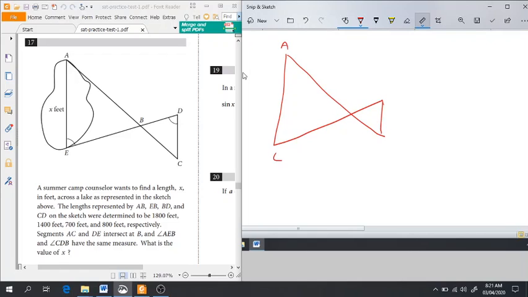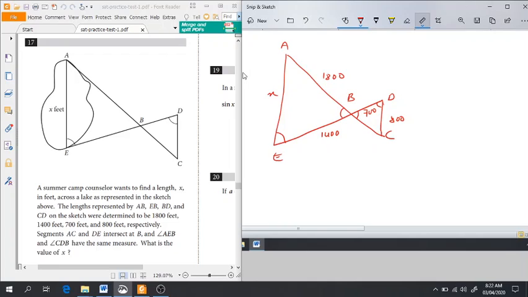A, E, this is B, this is D and this is C. So this is x and they said this is going to be 1800, this is going to be 1400, this is 700 and this is 800, right? And they say this angle is equivalent to this and these are vertically opposite angles, so I can